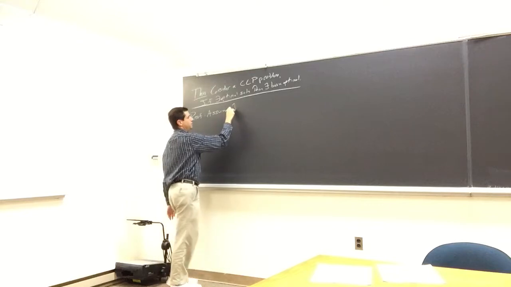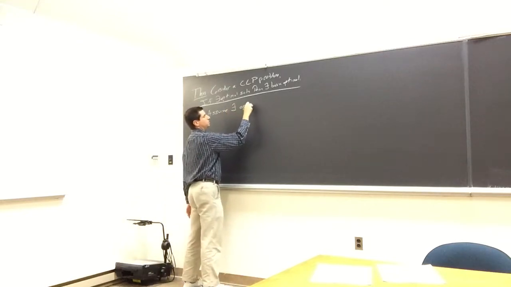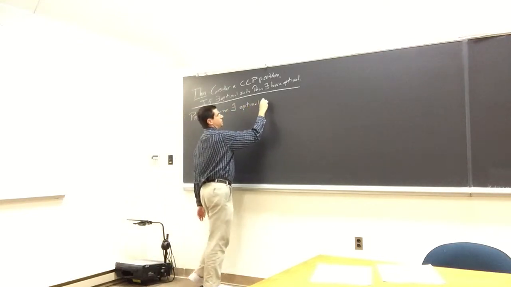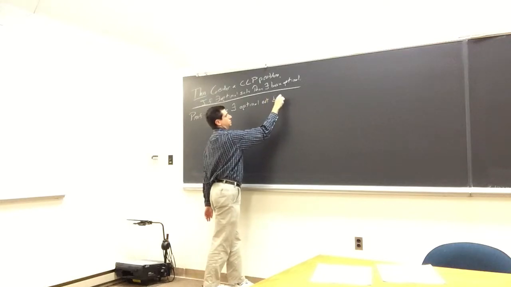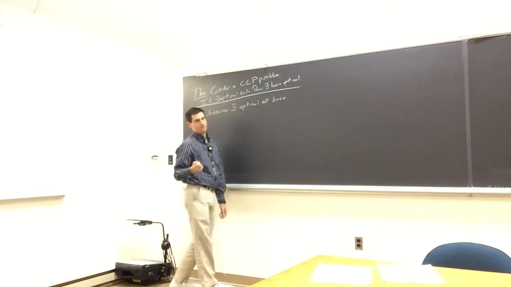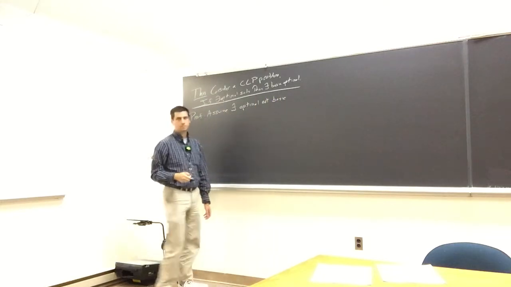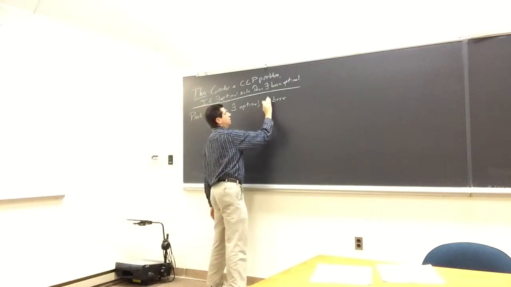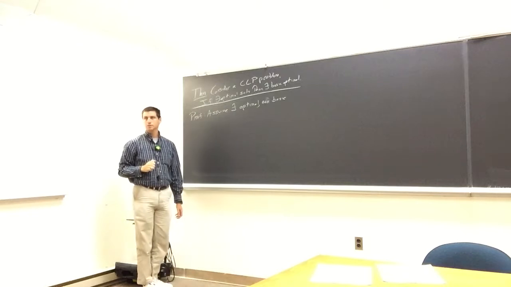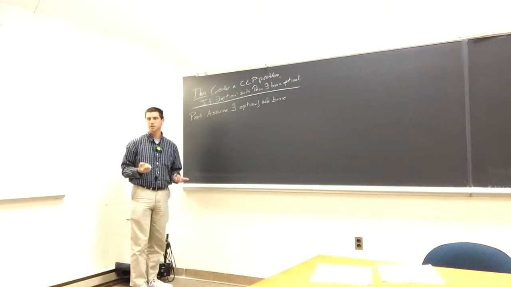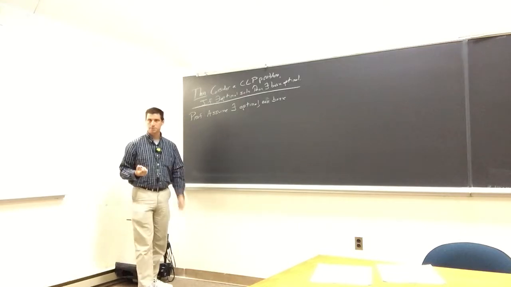So assume there exists an optimal solution that's not basic. And in fact, none are basic. So I can be a little bit stronger, and we'll say none are basic, because if there was an optimal solution that was basic, we'd be done. So let's assume all the solutions that are optimal are not basic.